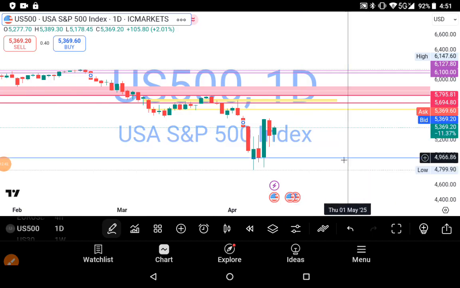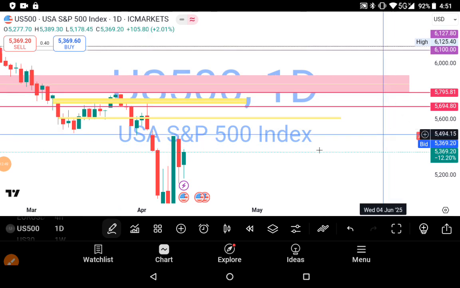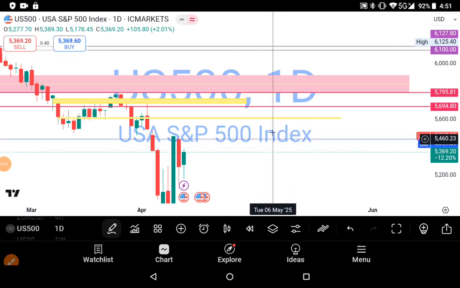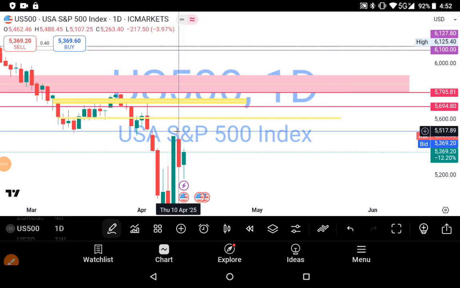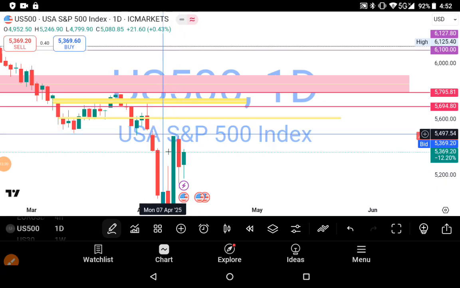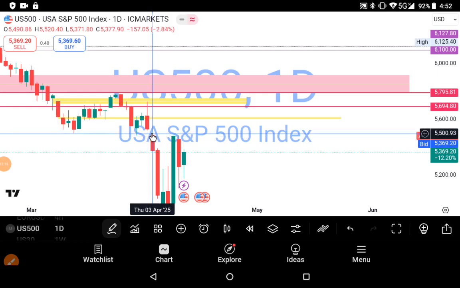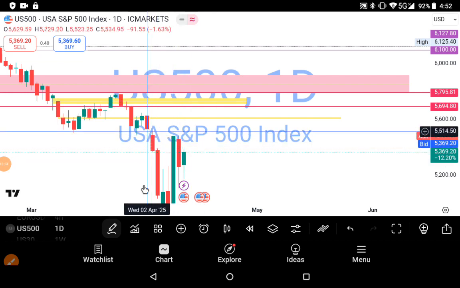Let me bring it out. So 5400, yes, 5400 has been taken as well. So I'll be watching the market price. The lowest hanging fruit will be around this void here, this liquidity void here. That's around 5500 or thereabouts. So the coming week, I'll be expecting the market price trading into this level.